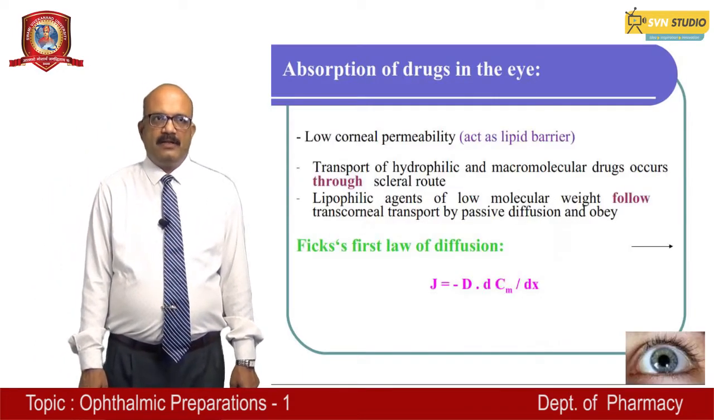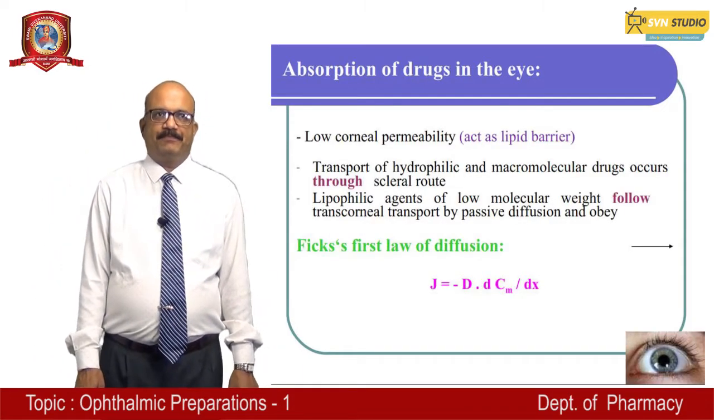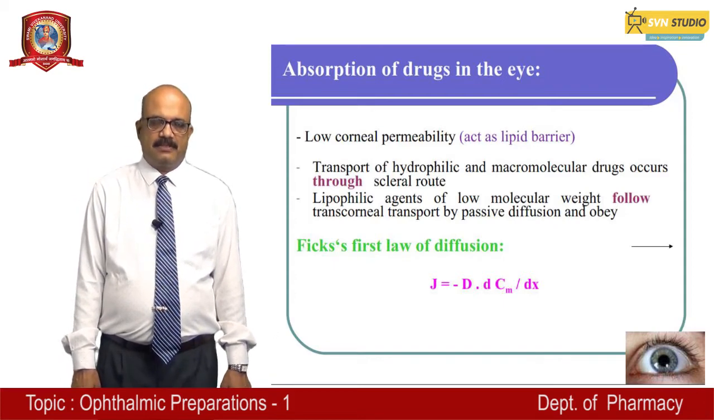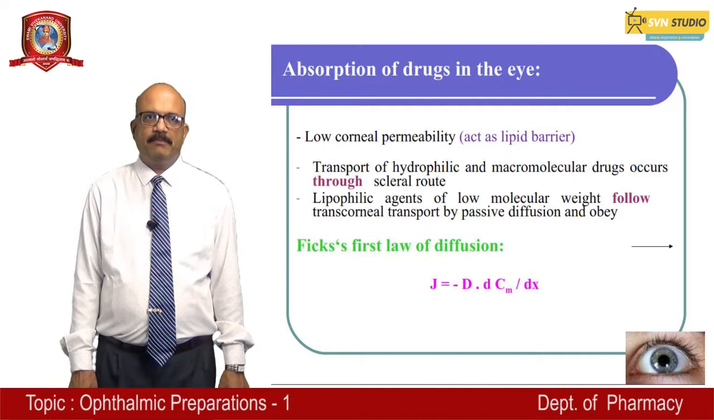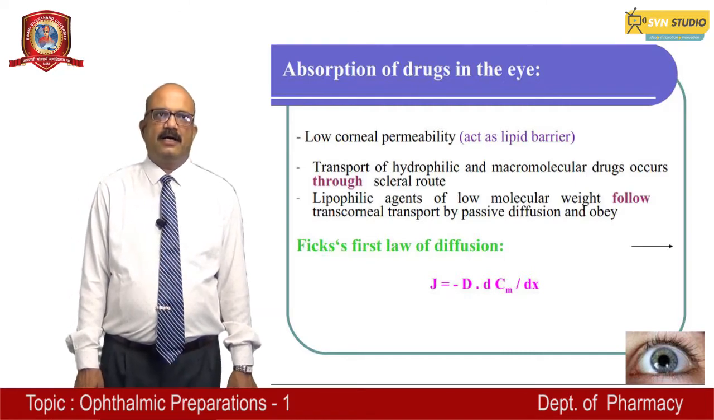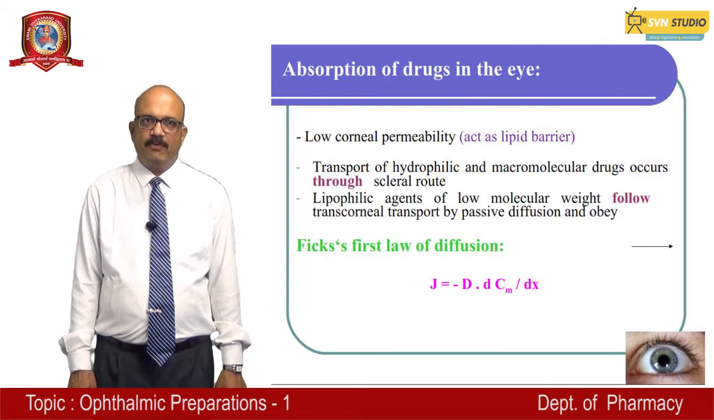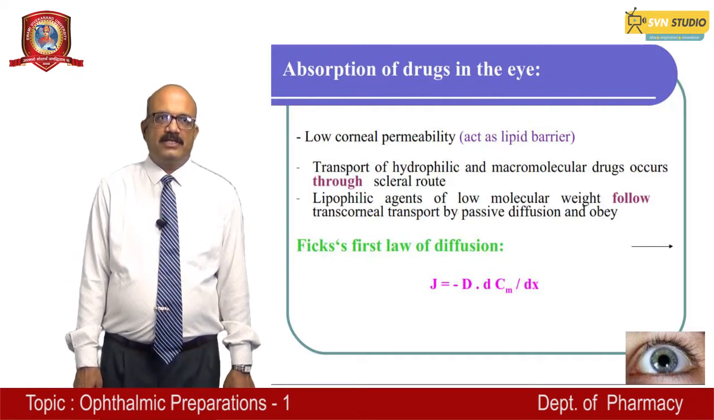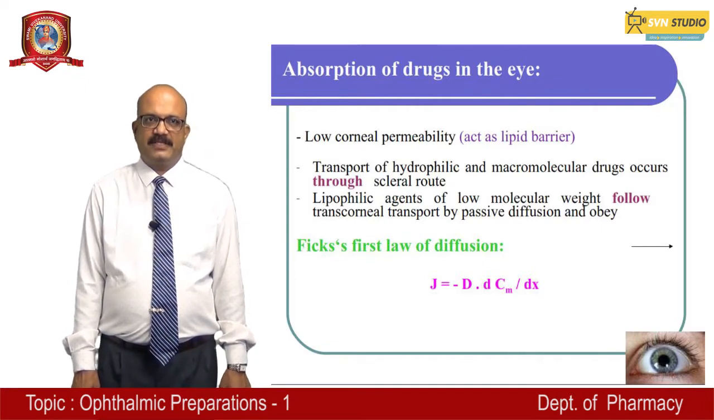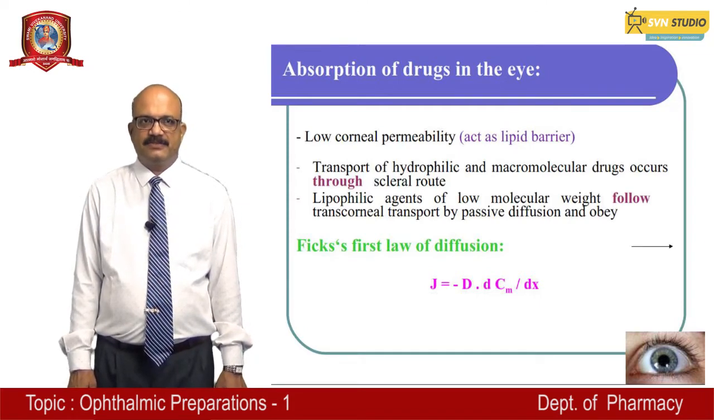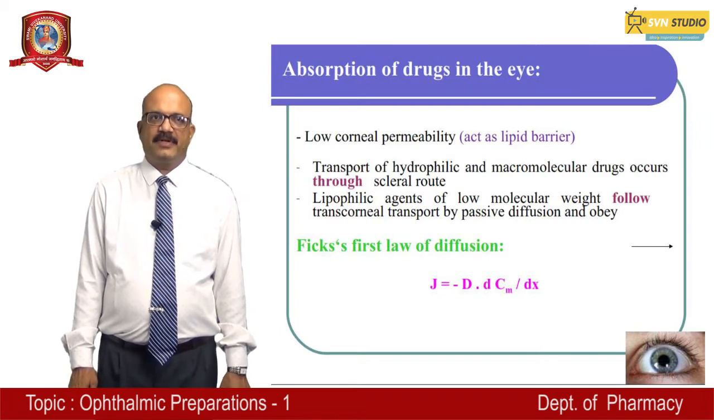Now in the low corneal permeability, which acts as a lipid barrier, the transportation of the hydrophilic and the macromolecular drugs occurs through the scleral route. The lipophilic agents of lower molecular weight follow transcorneal transport by passive diffusion and obey Fick's first law of diffusion, which is mentioned here as J is equal to minus D dCm upon dx,